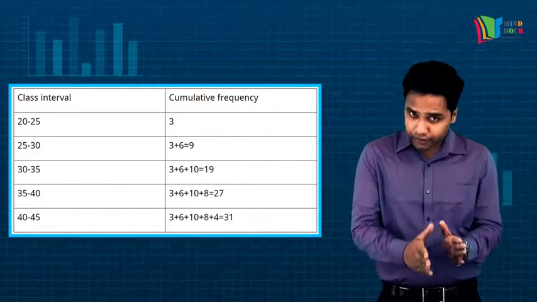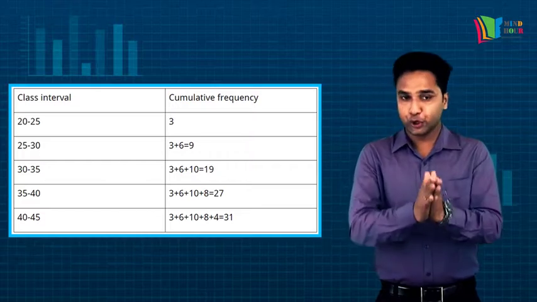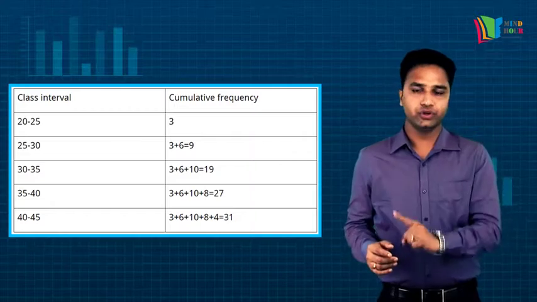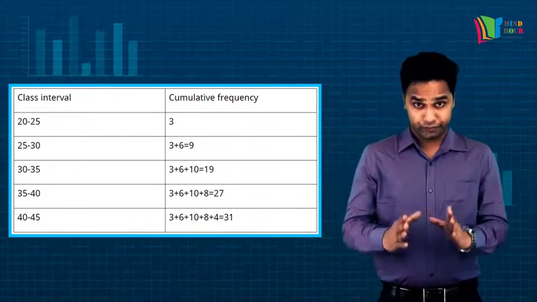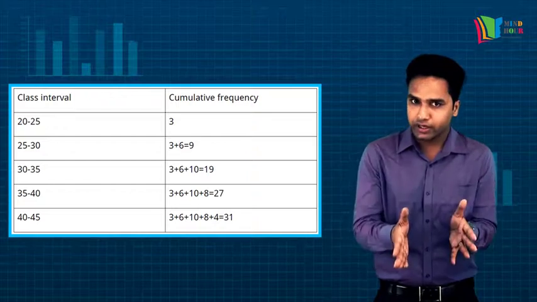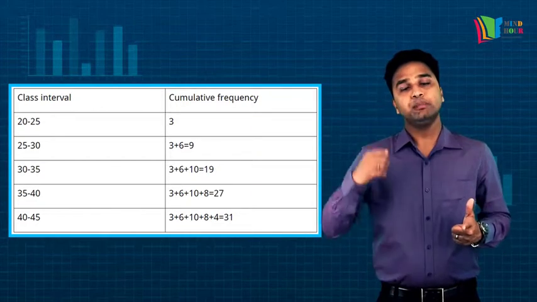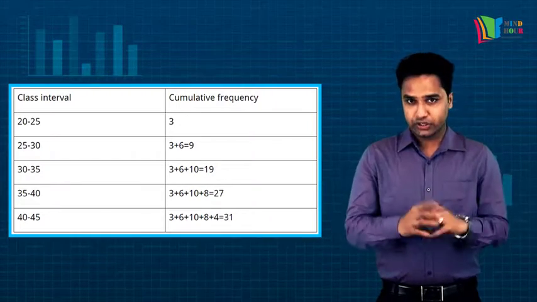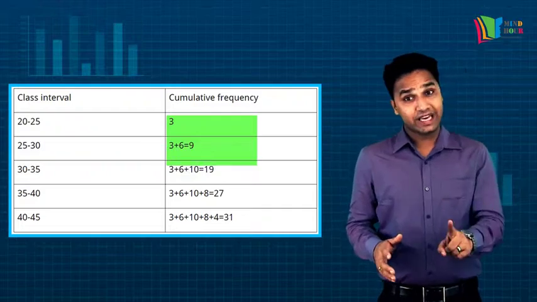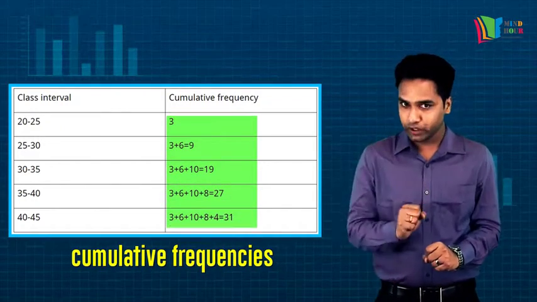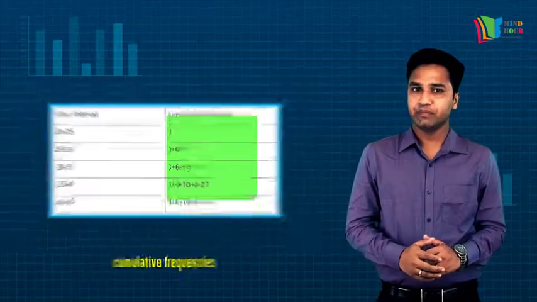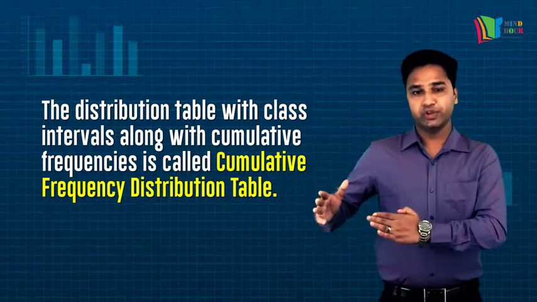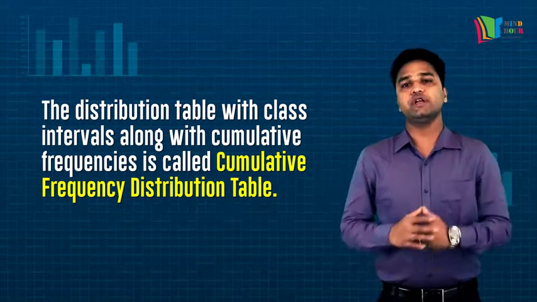For the fifth interval 40 to 45, the cumulative frequency would be the sum of the frequencies of the first, second, third, fourth and fifth intervals. Therefore, cumulative frequency of the fifth interval is equal to 3 plus 6 plus 10 plus 8 plus 4, which is equal to 31. The new frequencies so obtained, that is 3, 9, 19, 27 and 31, are called the cumulative frequencies. And the distribution table with the class intervals along with the respective cumulative frequencies is called the cumulative frequency